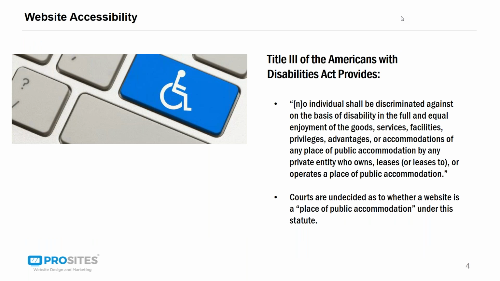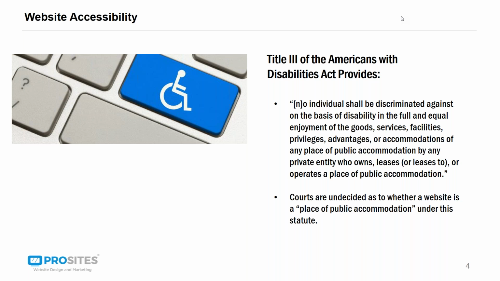If you don't know about it, there's been a lot of discussion. The American Dental Association did a write-up about it maybe 3 or 4 months ago, but this is really about Title III of the Americans with Disabilities Act, which basically says that no individual can be discriminated against on the basis of disability in the full and equal enjoyment of the goods, services, facilities, privileges, advantages, or accommodations of any place of public accommodation. It started many years ago, I think it's over 30 years old now, and it really meant making it easy for people with disabilities to get into your public place. It meant disability ramps or wheelchair ramps, but now it has moved to